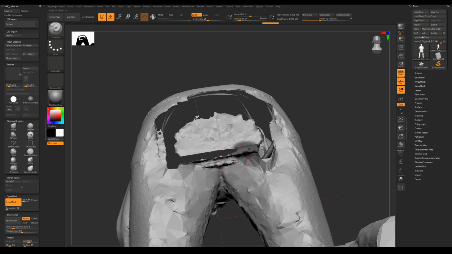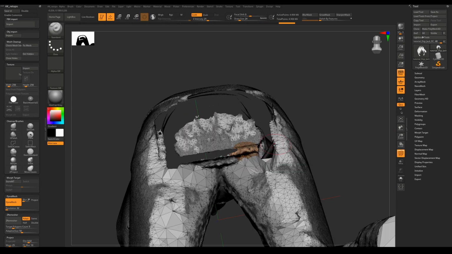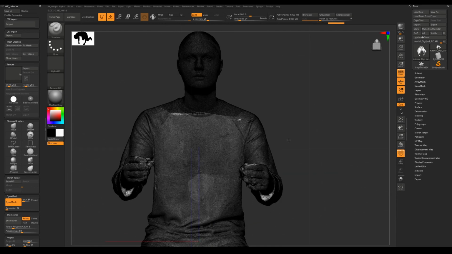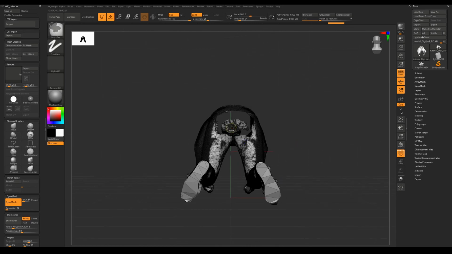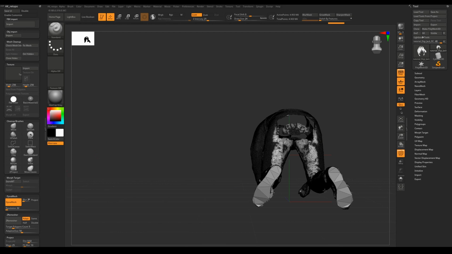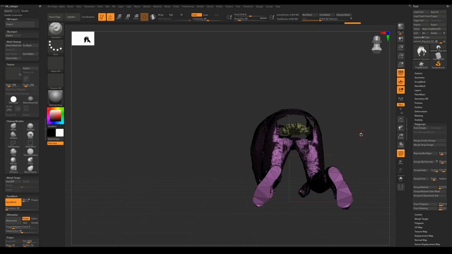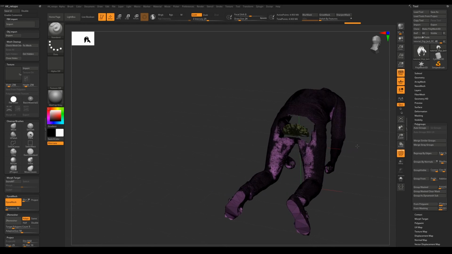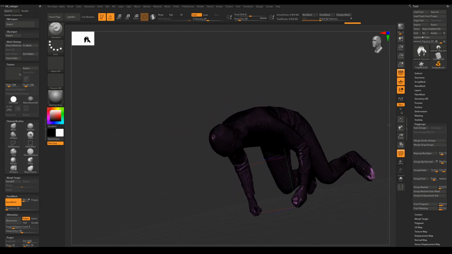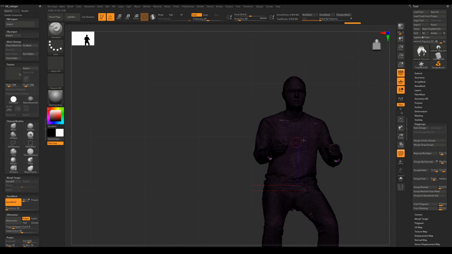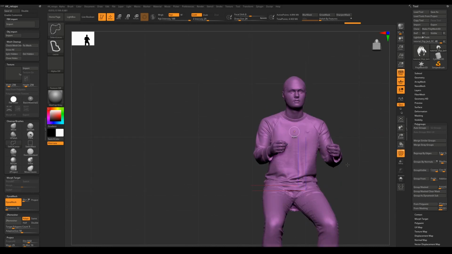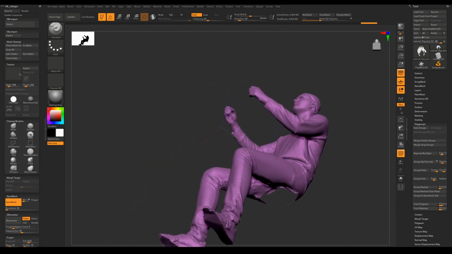So I'm just going to select this, click Control W to set it into a new polygroup, then click Control Shift click, and then click it again, which will hide that polygroup. Click delete hidden, and then go down to polygroups, auto polygroup, which will make a polygroup per separate piece of geometry, and then turn off this line, solo the biggest polygroup, then click delete hidden,